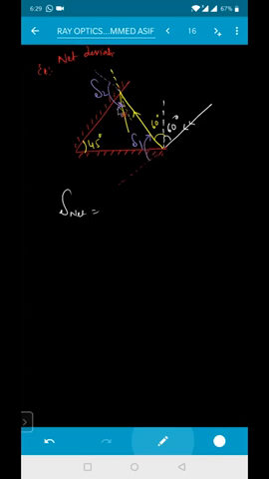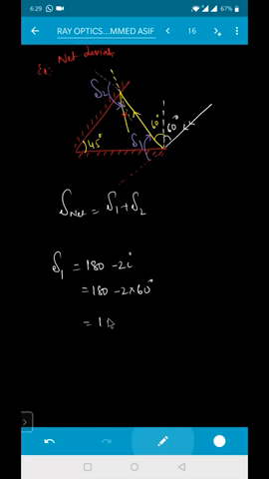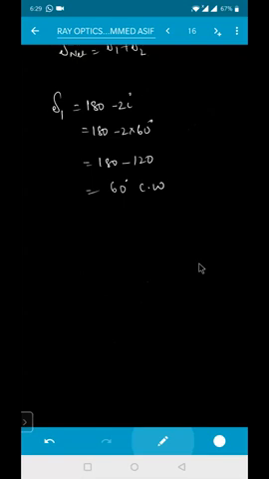So one is clockwise and the other is anticlockwise. So delta net will be equal to how much right now? Delta one plus delta two. We'll see the sign convention, whether we take it as positive or negative. Let us first calculate delta one, beta. Delta one is equal to 180 minus 2I, which is 180 minus 2 into the angle of incidence, 60 degrees. So 180 minus 2 into 60, which is 120. So 180 minus 120 is 60 degrees. In which direction, beta? Clockwise direction. The same way, delta two.